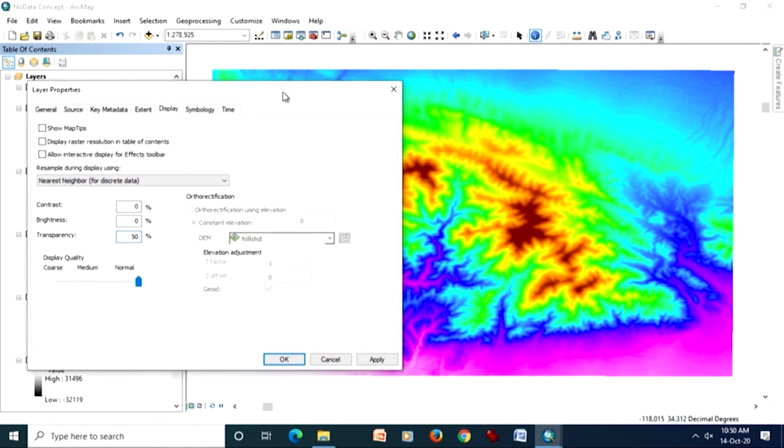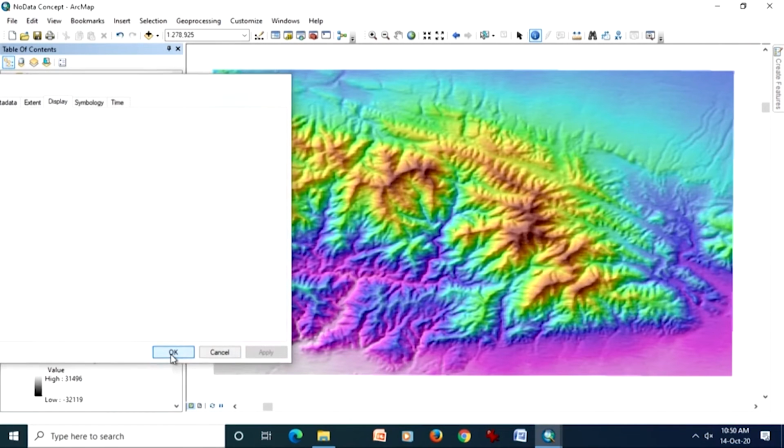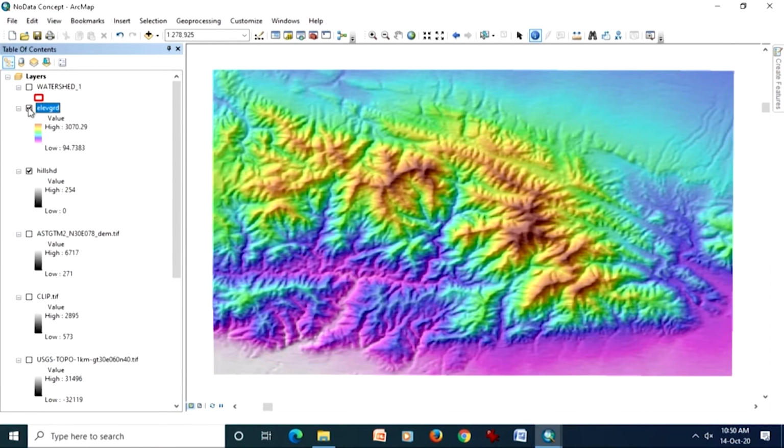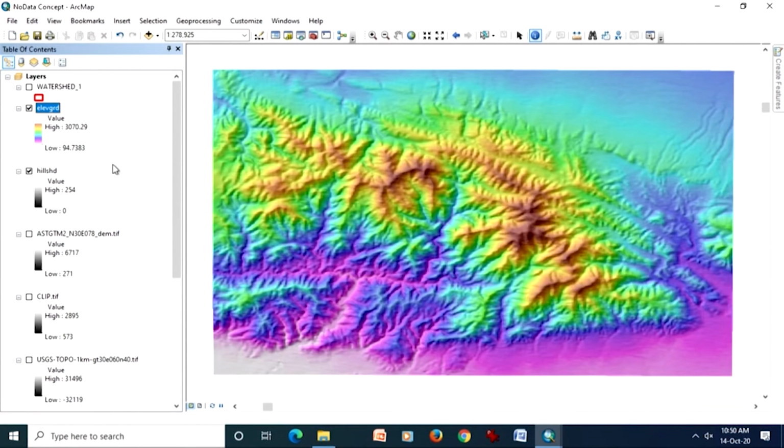And see what happens as soon as I press the apply button. See that the background in which I have a hillside in gray, now both layers are displayed together, the top one 50% transparent, the bottom one fully opaque, and this is the product which I get,